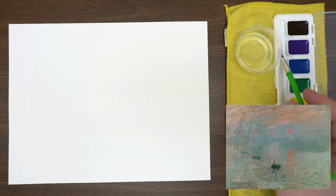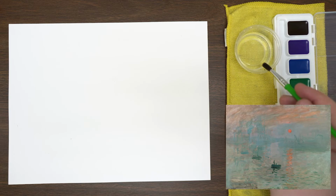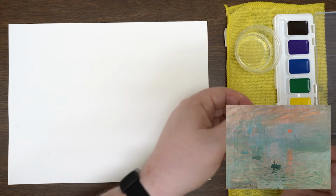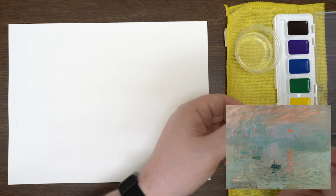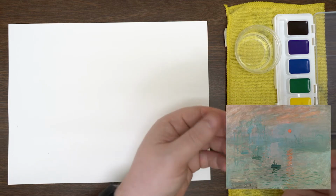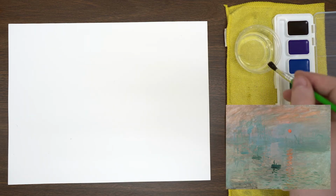Now for starters, the first thing we always do when we're working with watercolors is we wet our brush, make sure that there are no bristles falling off of it. This is a brand new brush, and sometimes with brand new brushes, you get little hairs falling out. So we've wet our brush, dry our brush,